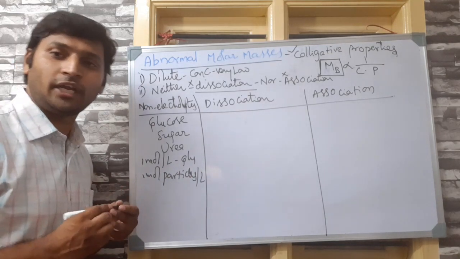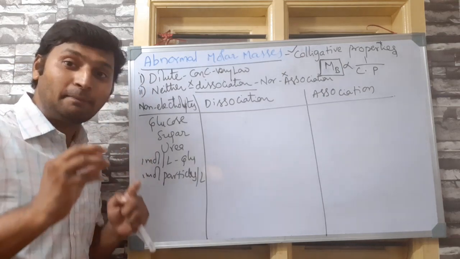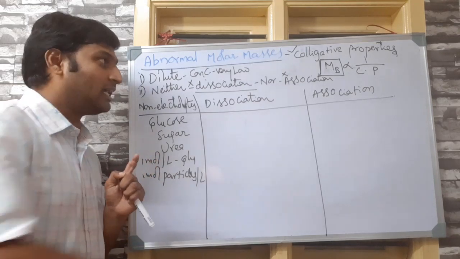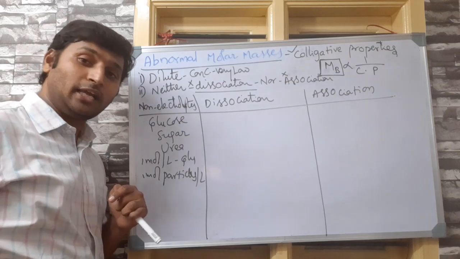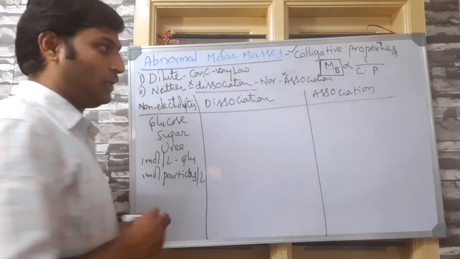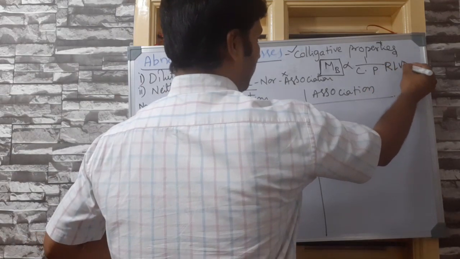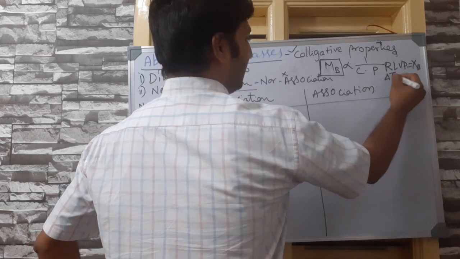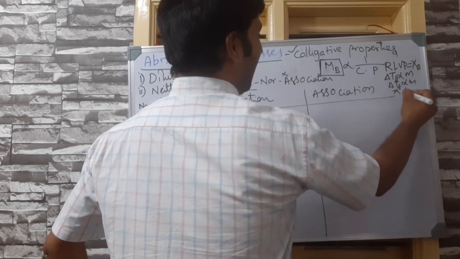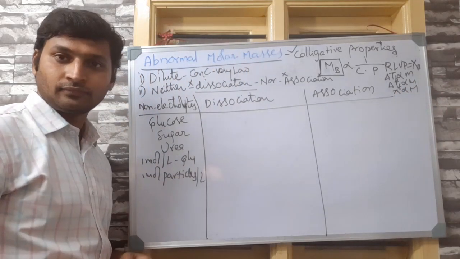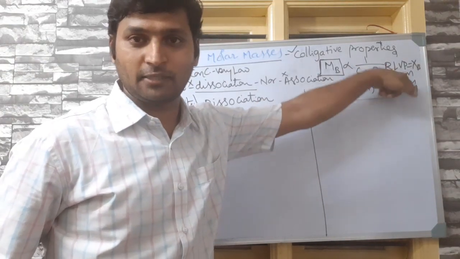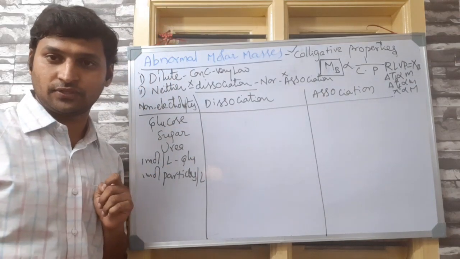That means 6.023 × 10^23 particles are independently present in that solution, not more, not less. Accordingly, if I determine a colligative property, it will correspond to 1 mole of particles. In every colligative property, the relative lowering of vapour pressure is equal to the mole fraction of solute, ΔTb is directly proportional to molality, ΔTf is directly proportional to molality, and π is directly proportional to molarity. So every colligative property depends on the number of particles of solute, as per the definition of these concentration terms.